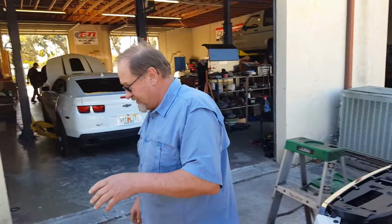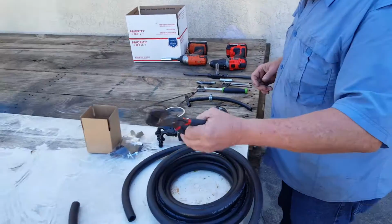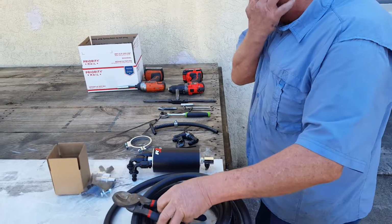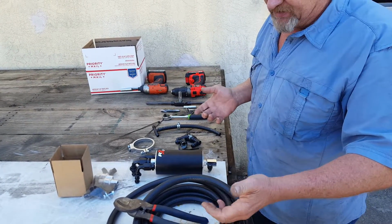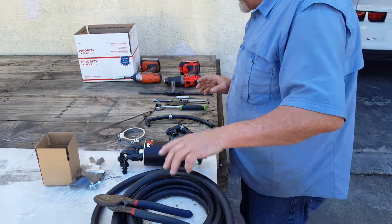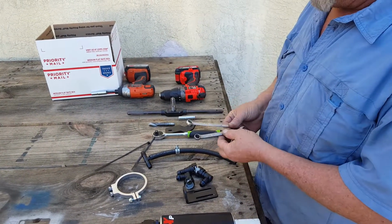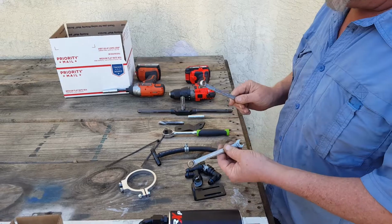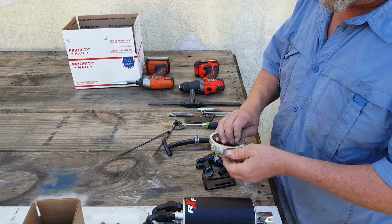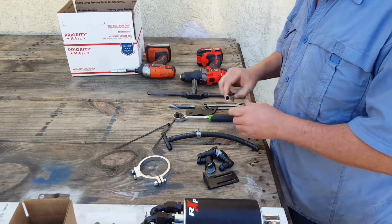If we pan over here, tools that you're going to need. A hose cutter you can get at Harbor Freight, very inexpensive, or a razor blade works. Just be very careful because you're going to cut the hose to size. You're going to need a couple of 7/16 or 11 millimeter if all you have is metric for our bolts that fasten the clamp here on. You're going to need a 10 millimeter